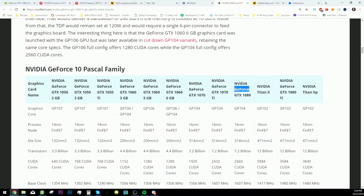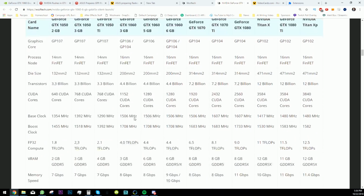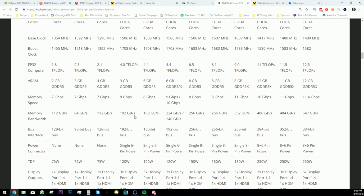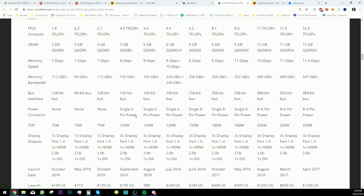And then not only did they launch the 1060 5GB, but just a few months ago, they launched the 1050 3GB, which had the same CUDA cores as the 1050 Ti, but it had a memory bus that was less than the 1050 Ti, but it had a greater memory amount, but the memory bandwidth is smaller, and none of that makes any sense. And then if we look on the mobile side of things, they launched the 1080, 1070,